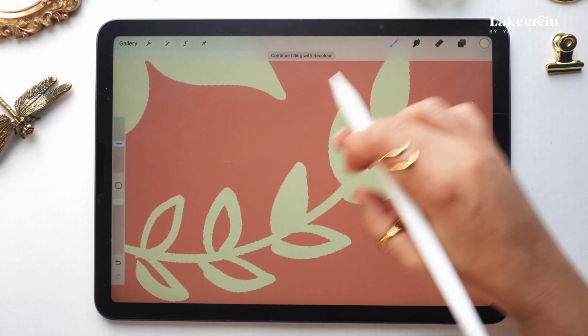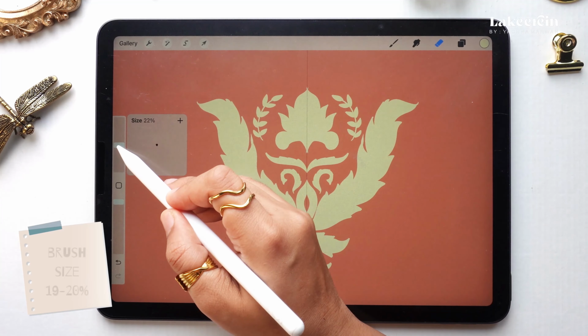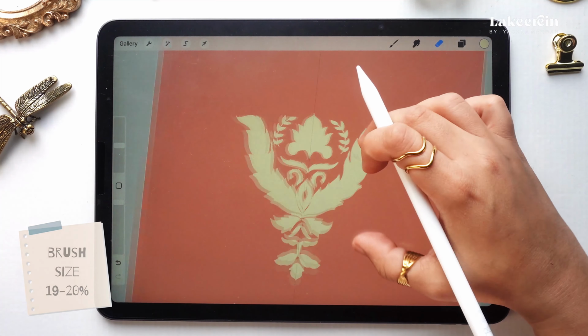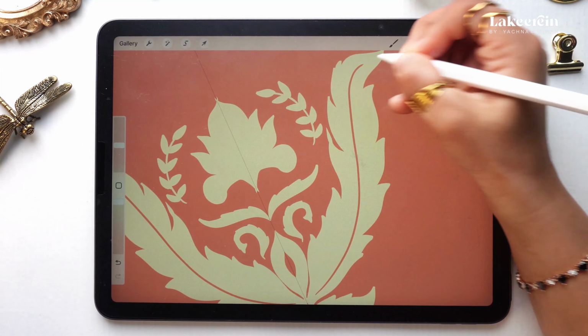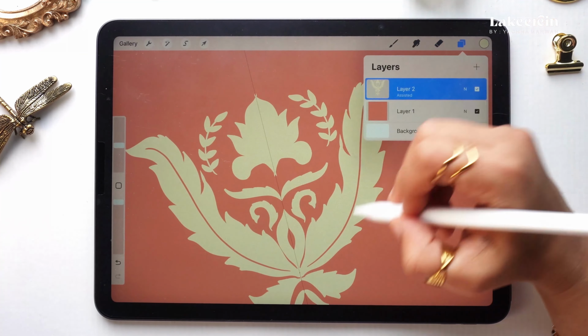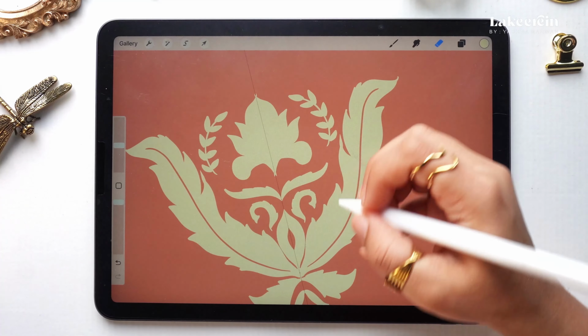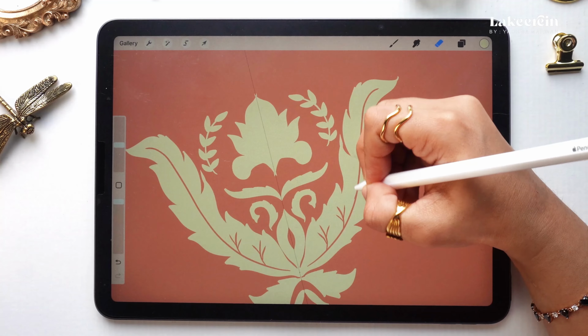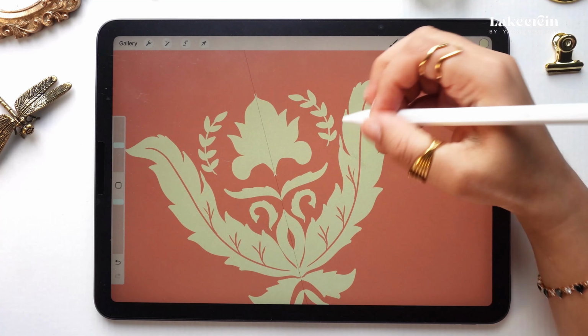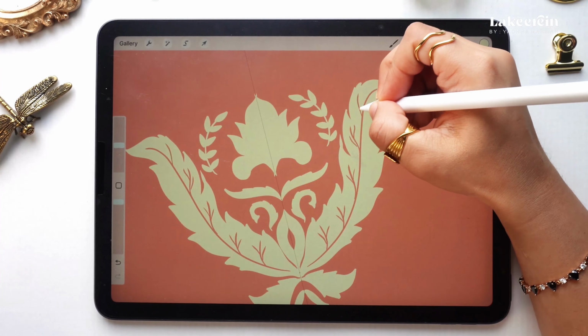Now what I'm going to do is take the eraser, and the eraser is right next to the layer panel. I'm going to take Baskerville as the eraser, and I'm going to take like 19-20% again, and I'm just going to erase it because I would like to add the details. For example, I'm going to create a line like this starting from the bigger part. Again, we are on the same layer because we are erasing it, and then I will add some strokes, one stroke and then extensions like this. You keep doing it in the direction of the leaf, of course. Keep extending it so that it doesn't look flat.